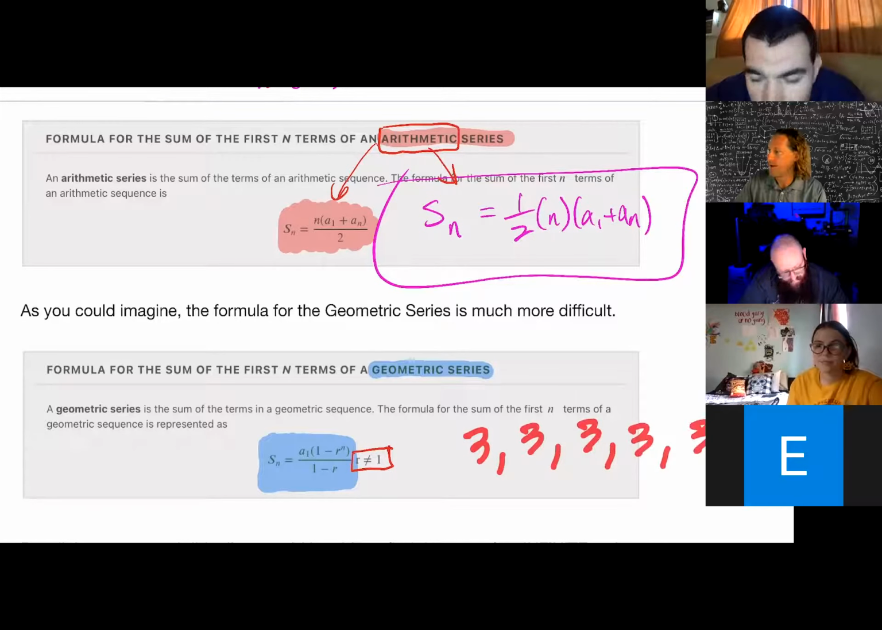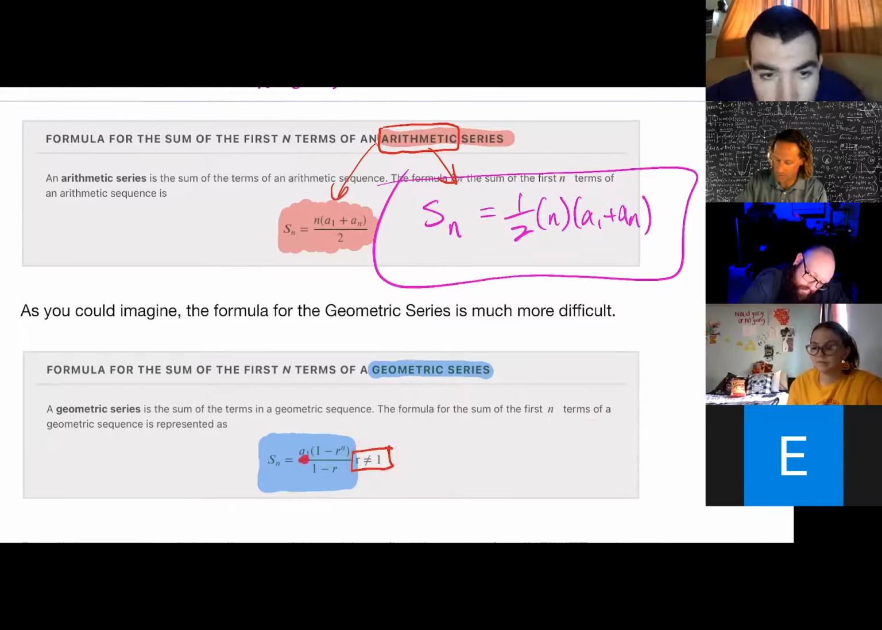Right? So that's one reason why. The other is if we put a 1 in down here, we get a 0, and we know we can't divide by 0. Okay? Now, again, one mistake that a lot of students make with this formula, which is the